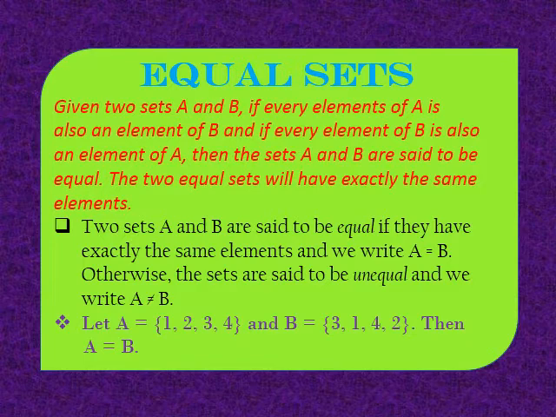Okay, now suppose A is equal to 1 2 3 4 and B is A B C D. Now both have the same number of elements, first has 4, second has 4, but they are not equal because their elements are different. So remember that they must have the same elements to be equal. Clear? So pause and note down the points.